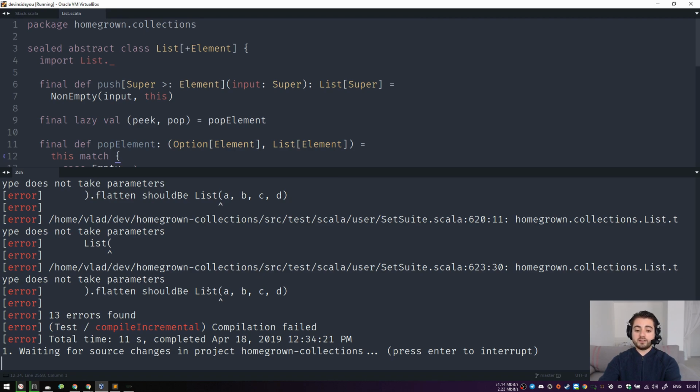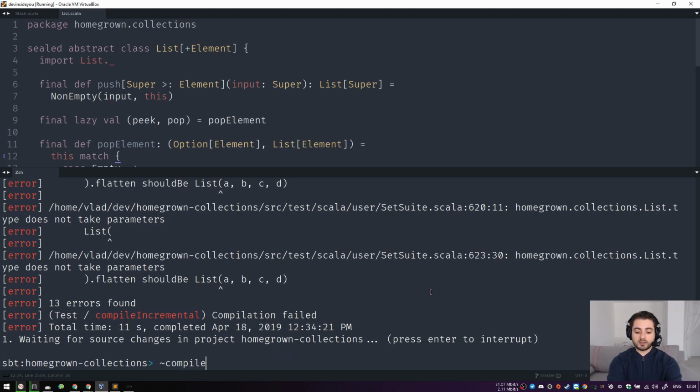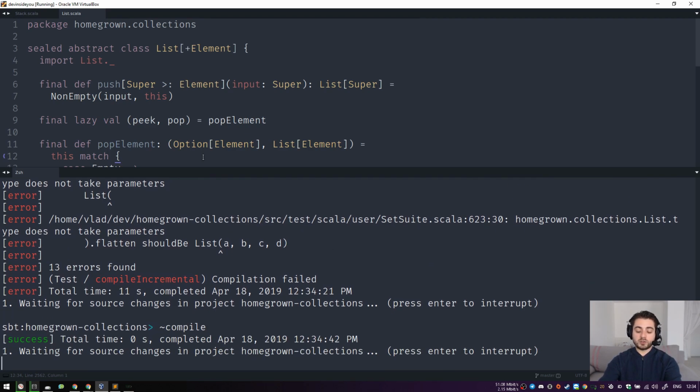So at the very least, we need to have a varargs method for list, which will be the factory, and this will solve most of the issues there. So for now, I'm just going to switch to compiling the regular code, which should be fine. In case you didn't watch the trampolining series, and in case you haven't seen the stacks,